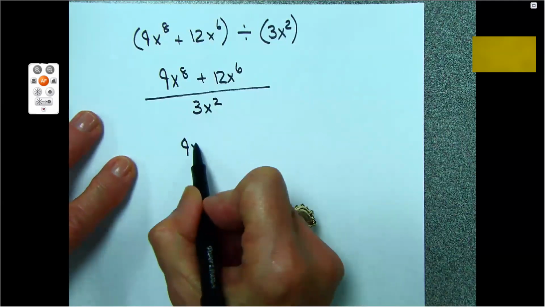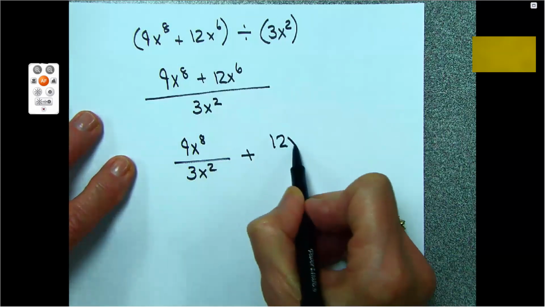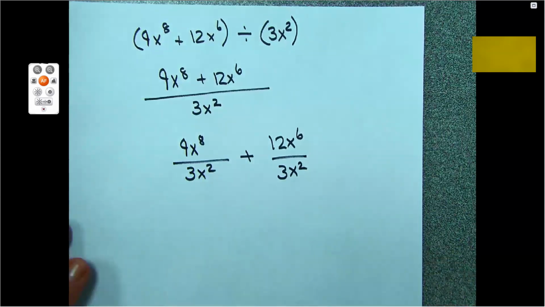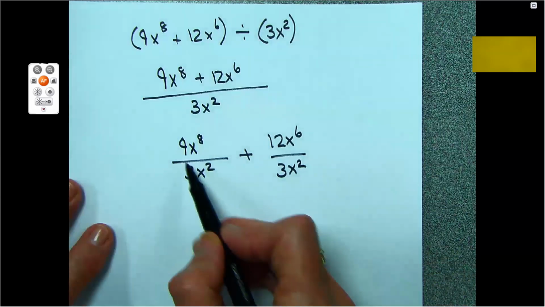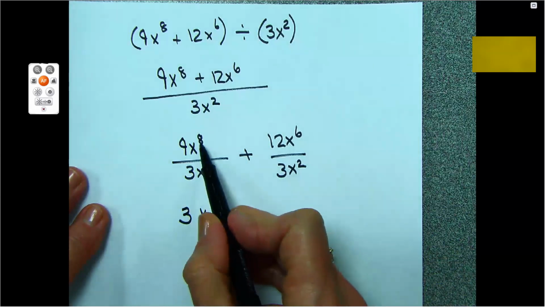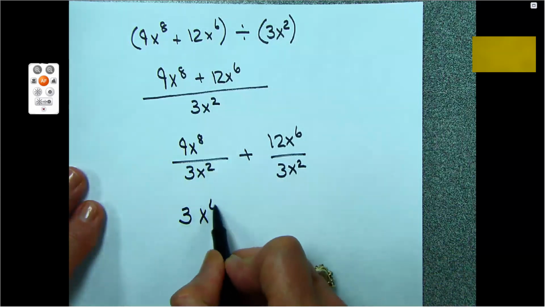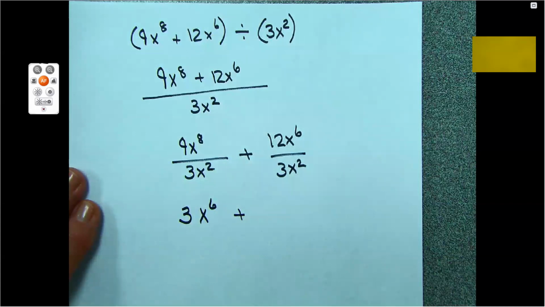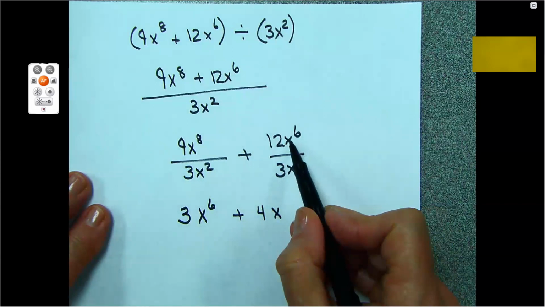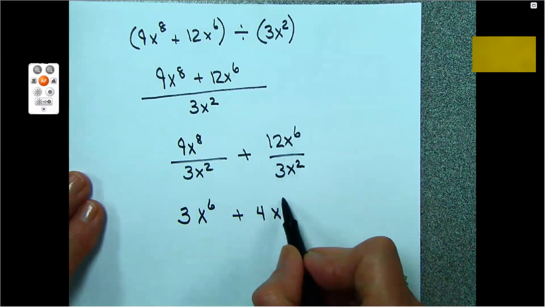It's the first term, 9x to the 8th divided by 3x squared, plus the second term, 12x to the 6th divided by 3x squared. 3 goes into 9 how many times? And we have x to the, subtract the denominator's exponent from the numerator's exponent. 3 goes into 12 how many times? Like bases in the numerator and denominator, subtract the denominator's exponent from the numerator's exponent, and we get